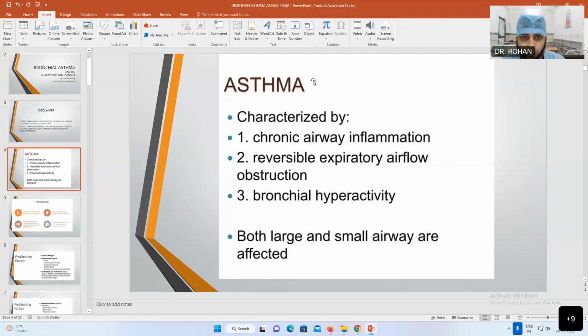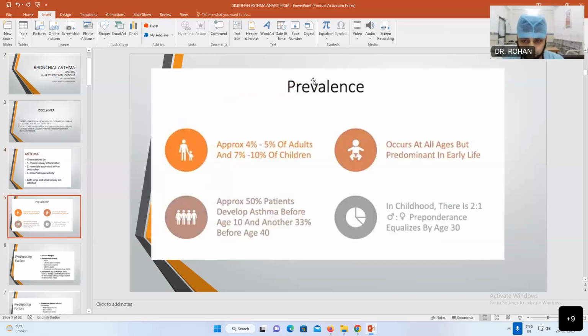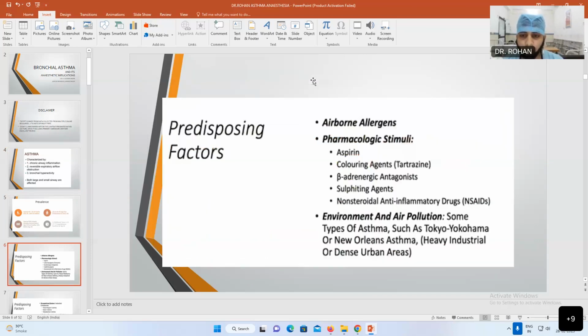And the key term that distinguishes asthma from chronic obstructive lung disease is that it is reversible in nature. And both small and large airways are affected. The prevalence of asthma ranges between 4 to 5% of adults and 7 to 10% of children. And approximately 50% of patients develop asthma before the age of 10. Regarding the predisposing factors of asthma, there are airborne allergens like